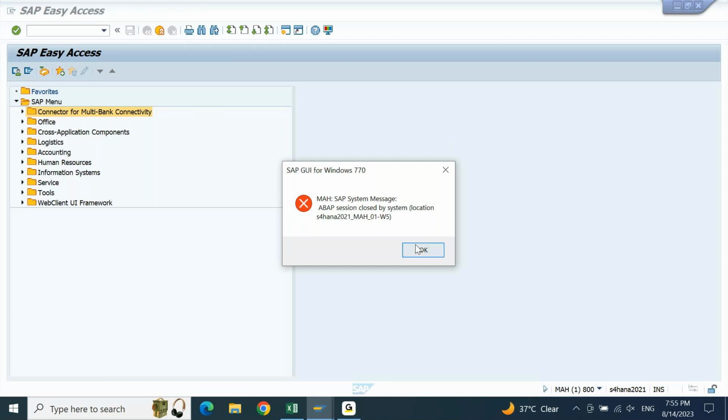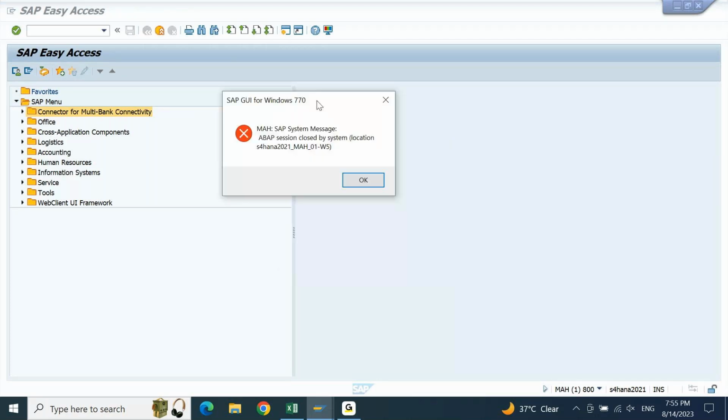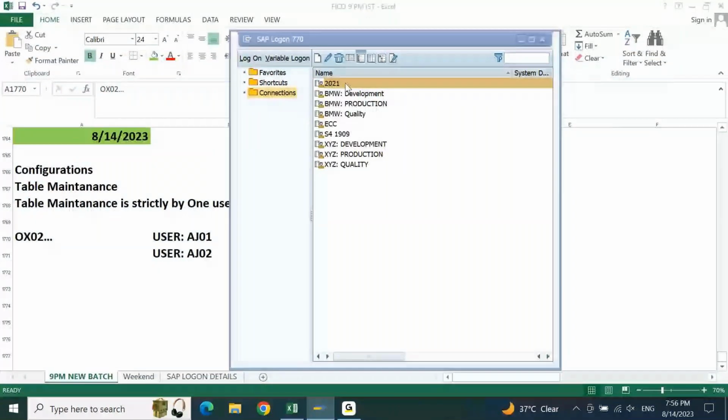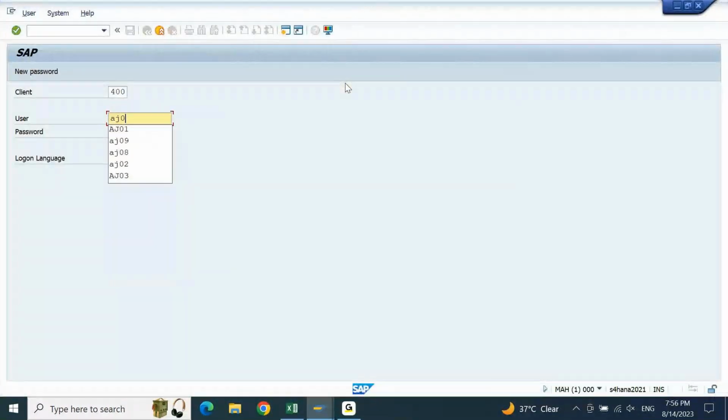Okay, and whenever you get this kind of message, this is because somebody has logged in and clicked on close the terminate session. So you do not do this. Whenever you get this kind of message, let's say if I try to log in again, AJ01,